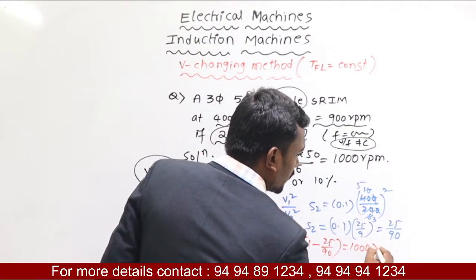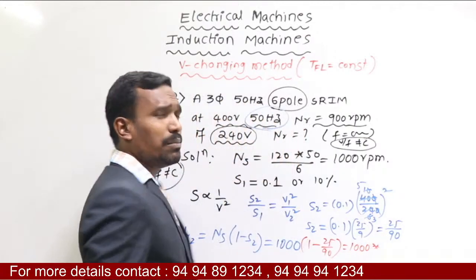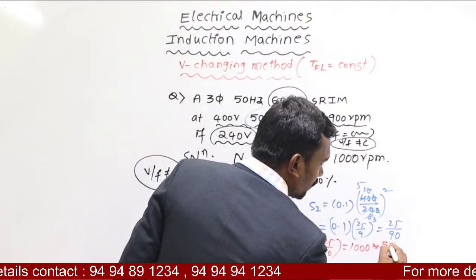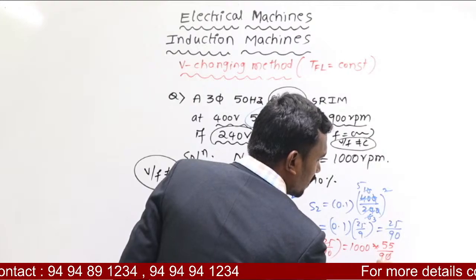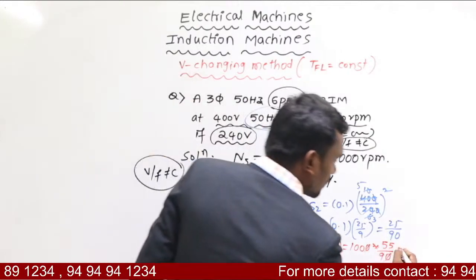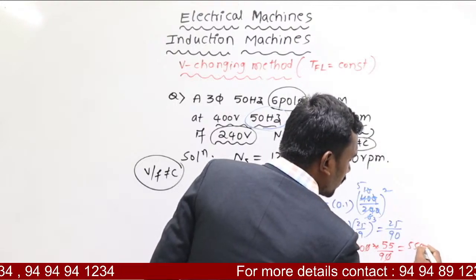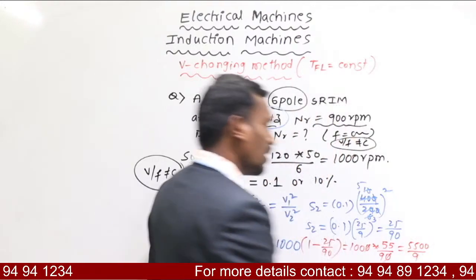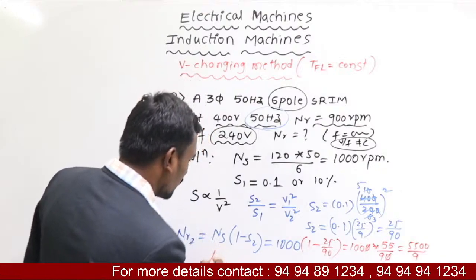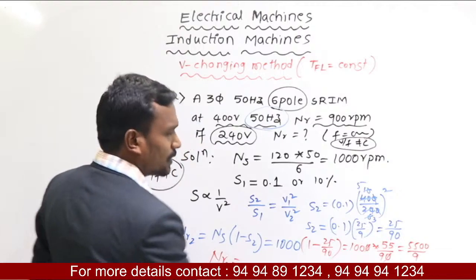1000 into (90 minus 25) by 90. Yeah, exactly. 90 minus 25 is 65 out of 90. 0 0 gets cancelled. So what is the answer, sir? 5500 by 9. You have to calculate it and give the answer. What is the answer finally? The rotor speed is equal to